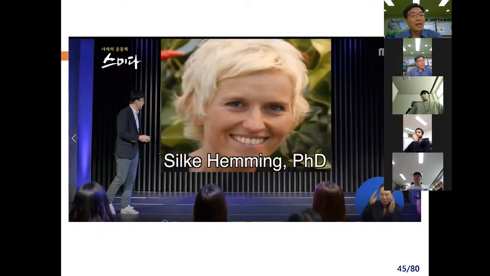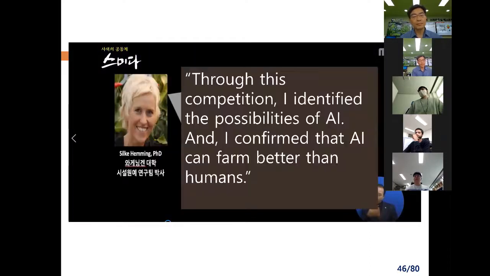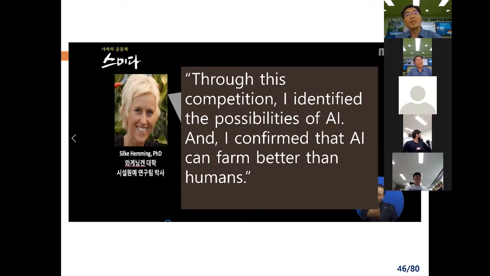This is Dr. Silke who created this competition. Dr. Silke said there is still a lot of work left to be done, such as developing various sensors to create a fully automated greenhouse. But through this competition, we have identified the possibility of AI. She also confirmed that AI can farm better than humans. She said,